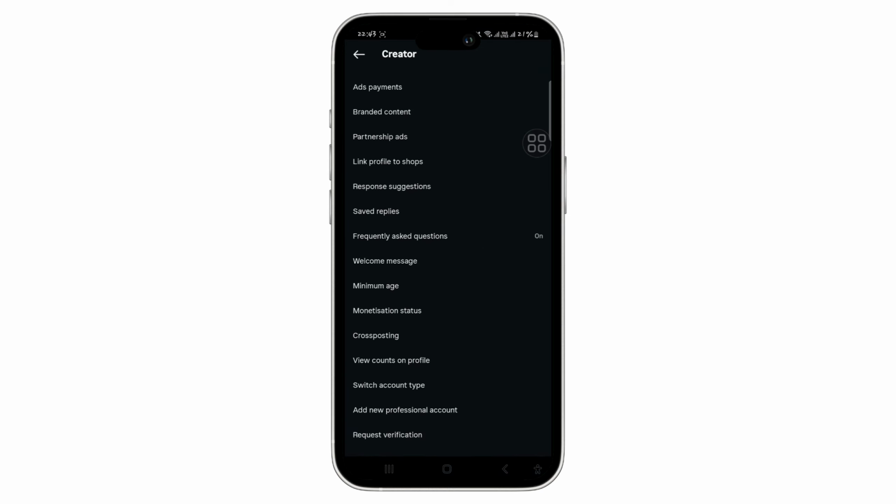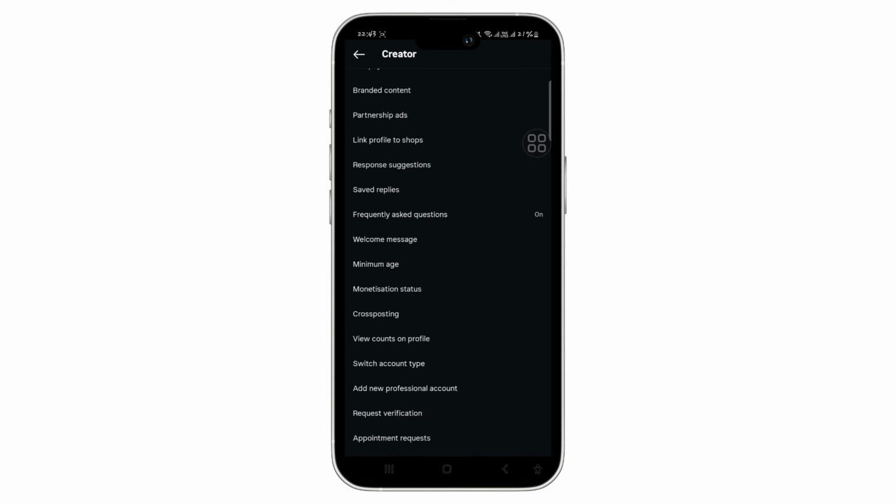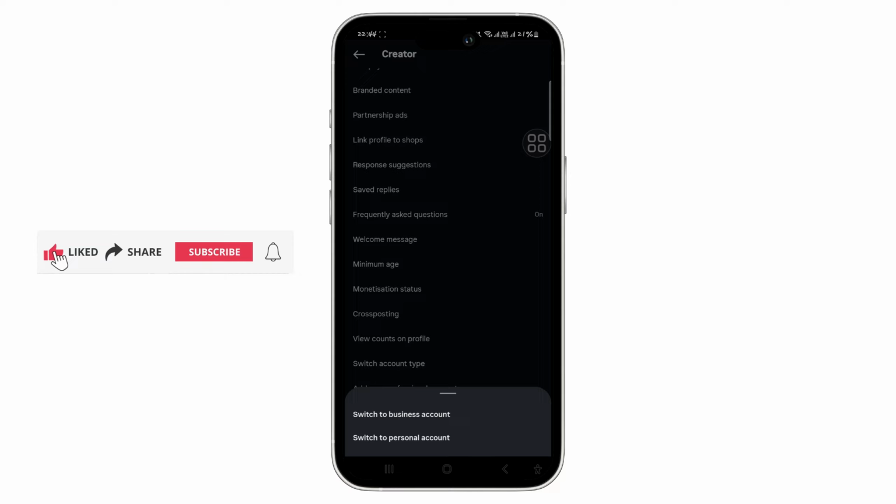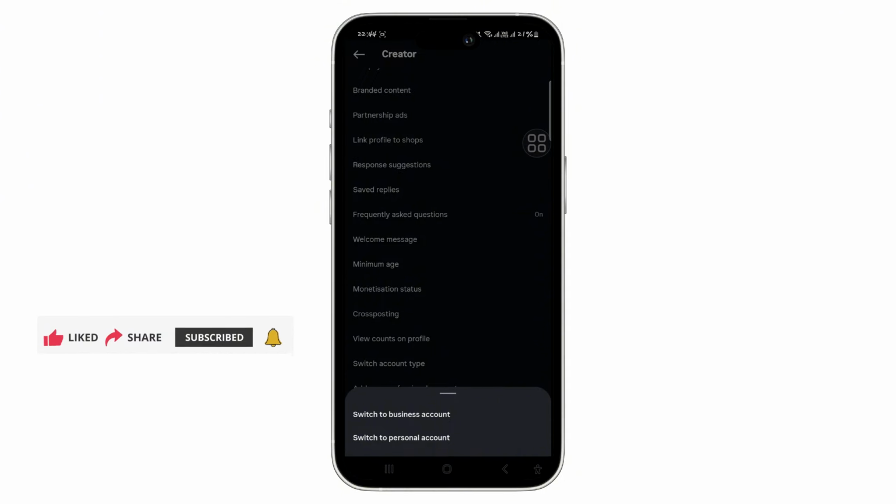From this page, tap on Switch Account Type, which is between View Accounts and Profile, and add a new professional account. Then tap on Switch to Personal Account, which is below Switch to Business Account. You'll see a warning that you'll lose some features, so confirm by tapping on Switch to, and it will take